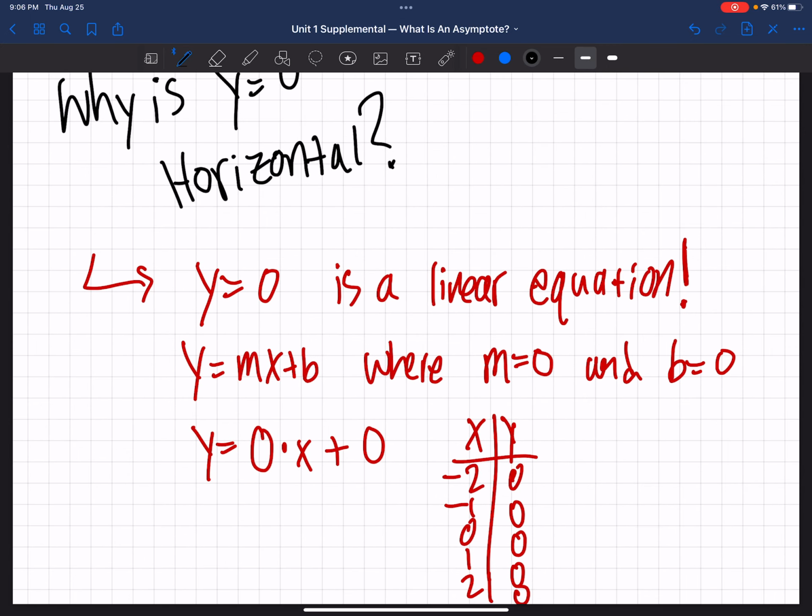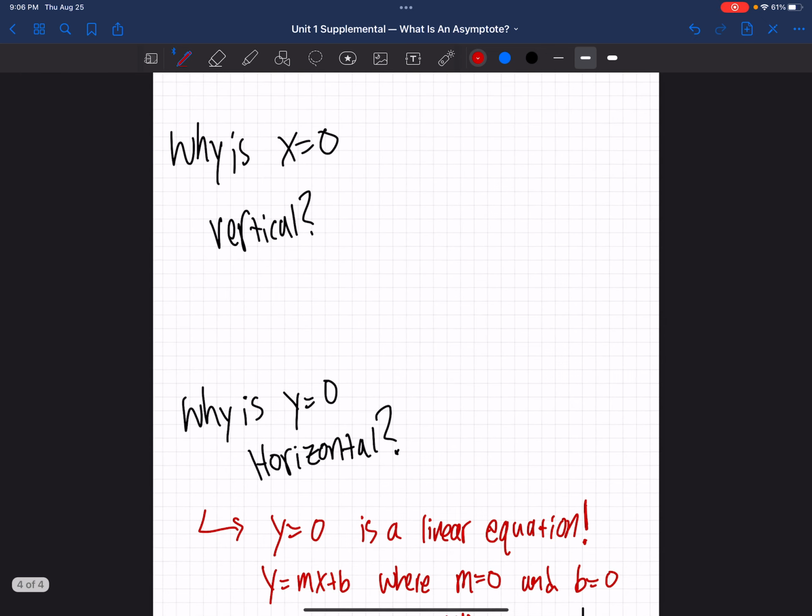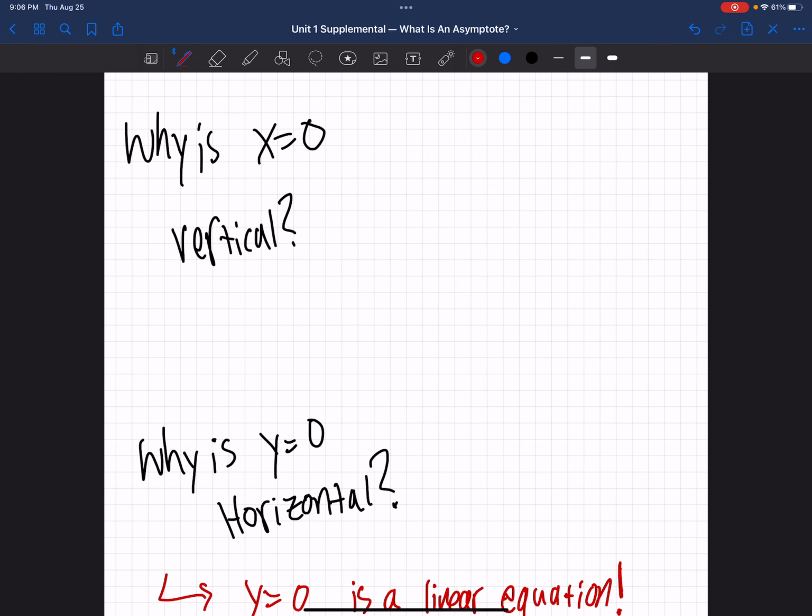I'll do it in black here, I think. Just a little itty-bitty graph. Okay. -2, 0 is here. -1, 0 is here. 0, 0 is here. 1, 0 is here. 2, 0 is here. Connect those dots. Right? It's a red line. That's y equals 0. And there it is. Okay? Why is x equals 0 vertical? More or less just because we say it is. I mean, it's basically the same reason. I mean, I guess you could try to define,